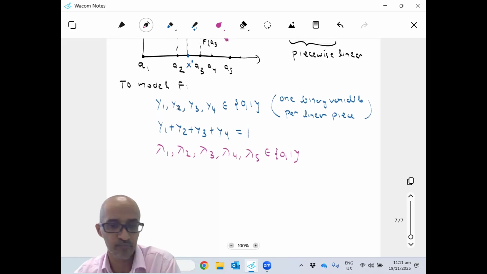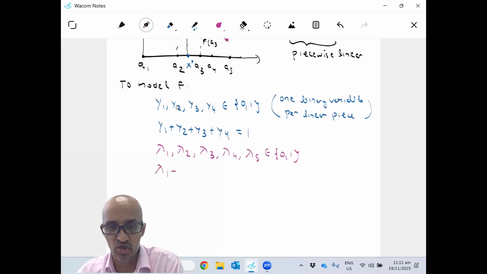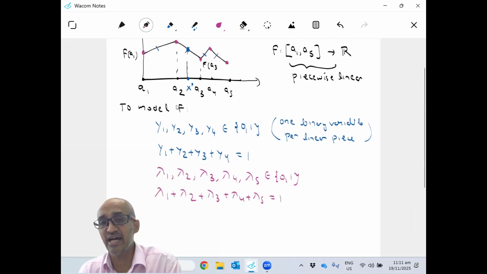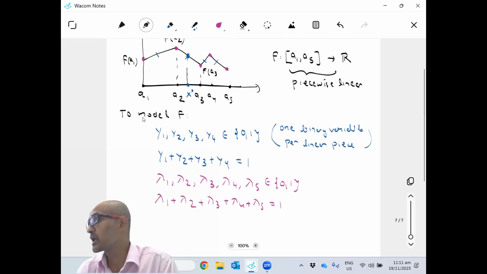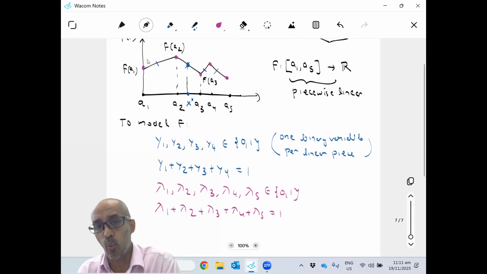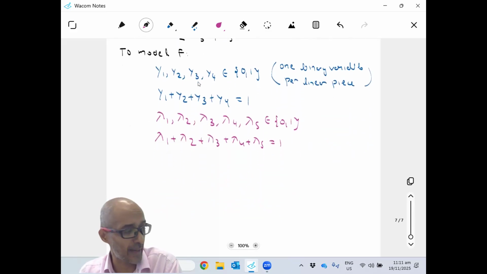So how do we do this? Of course, it's a convex combination, so we want these numbers to add up to 1. Here is the key step: you have to somehow combine the y and the lambda variables. When y1 is 1, lambda 1 and lambda 2 are allowed to be positive. When y2 is 1, lambda 2 and lambda 3 are allowed to be positive. So one way you can capture this is,